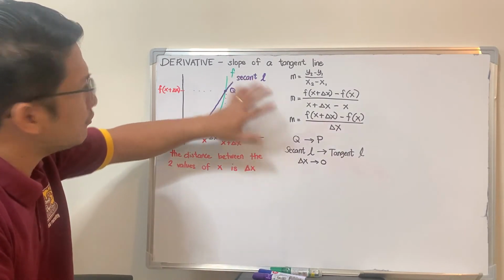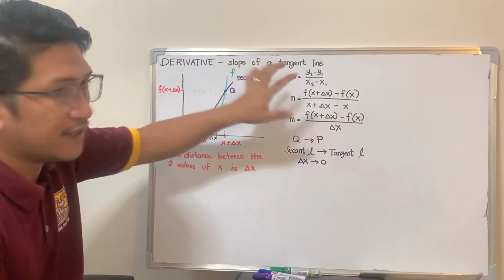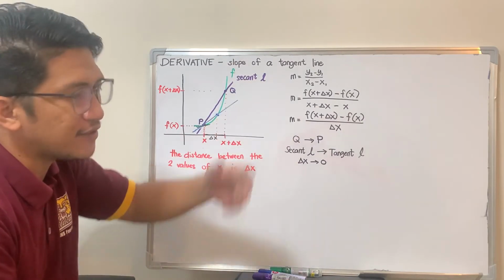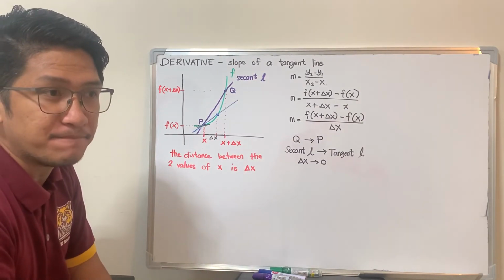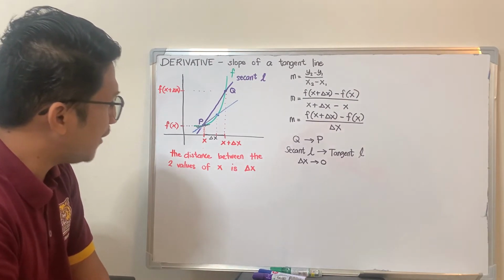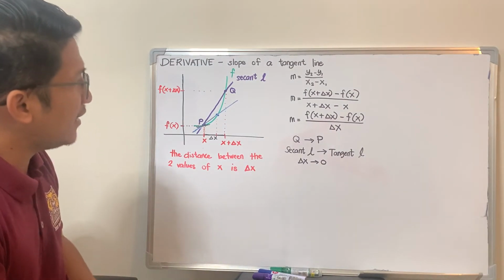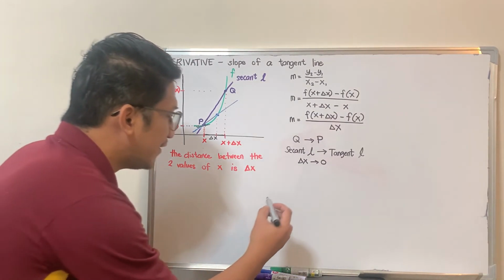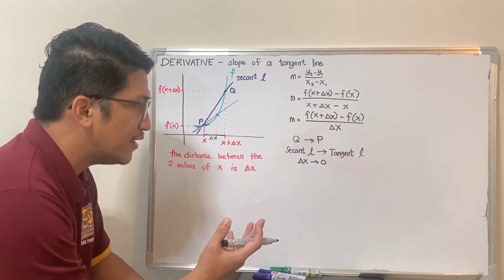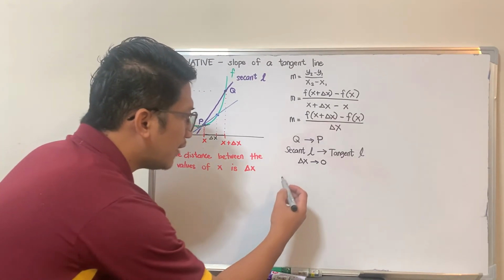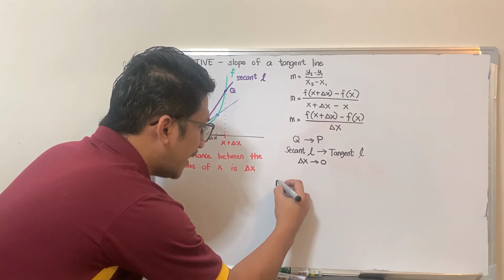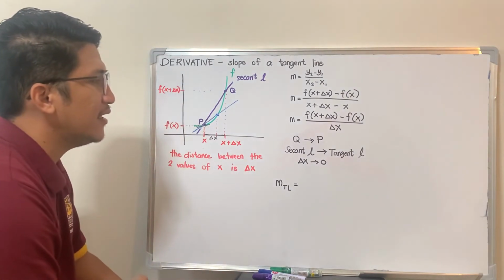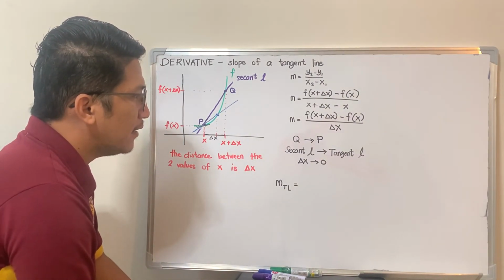So that's why we have here the slope of a second line approaching a tangent line. The definition is a bit complicated. Instead, we'll just say slope of a tangent line. Much more convenient. From here, we can create the definition. This is the derivative. The derivative of the function, or actually, let me write it this way, the slope of the tangent line, MTL, is just equal to